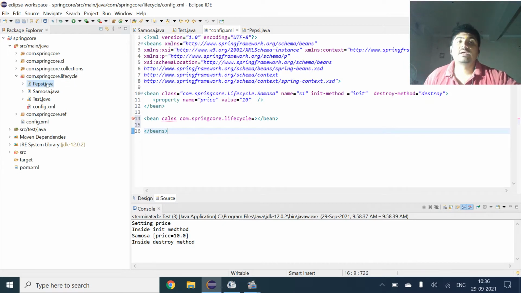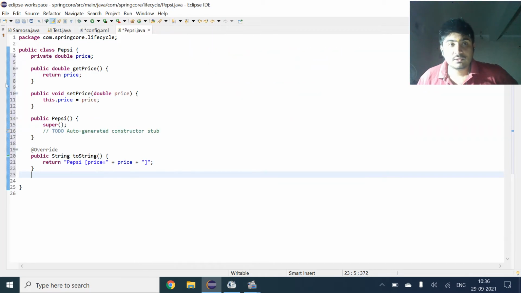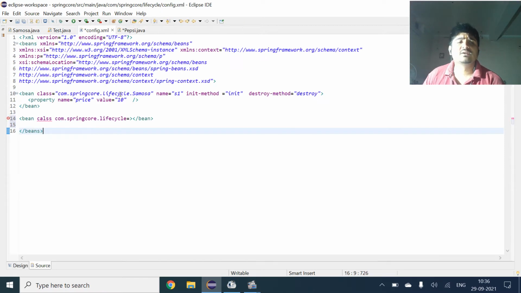As I created Samosa in the last class, right now I have created a new class named Pepsi.java. Here I have given a private class Pepsi, and after that I have initialized getters and setters, constructors using superclass and toString method. After doing that, I am inserting these values in the beans.